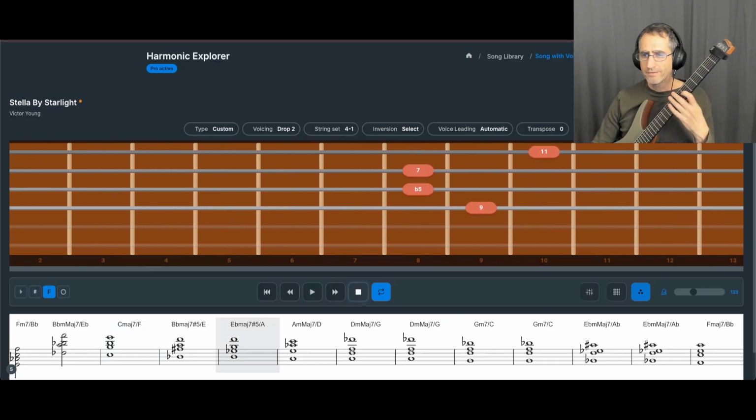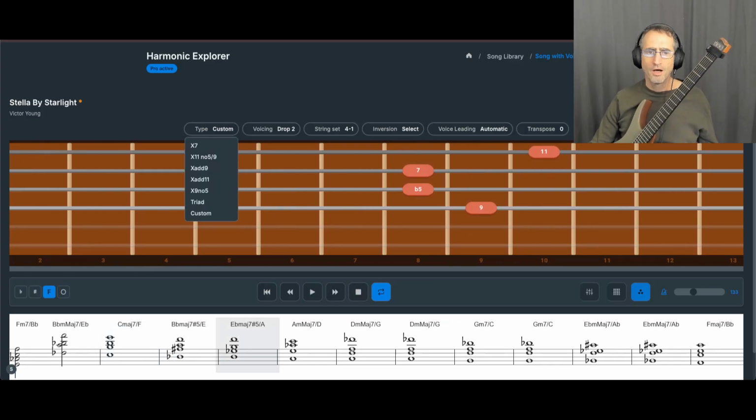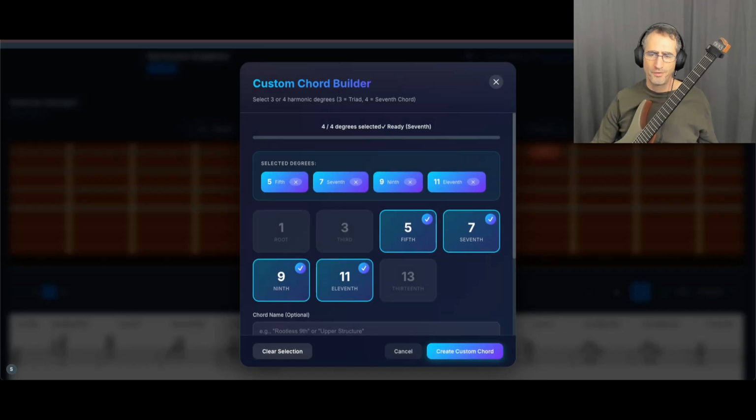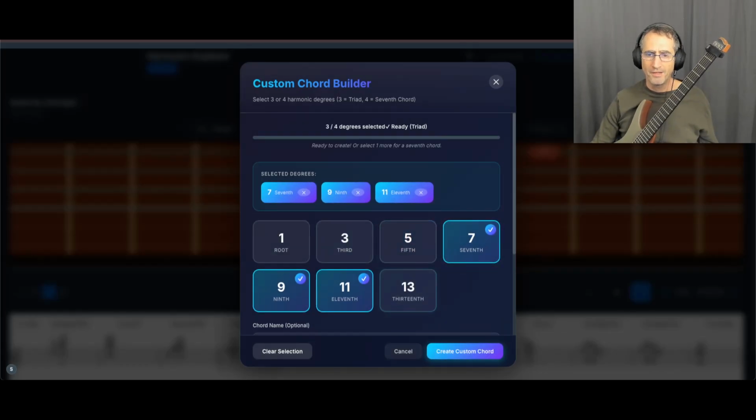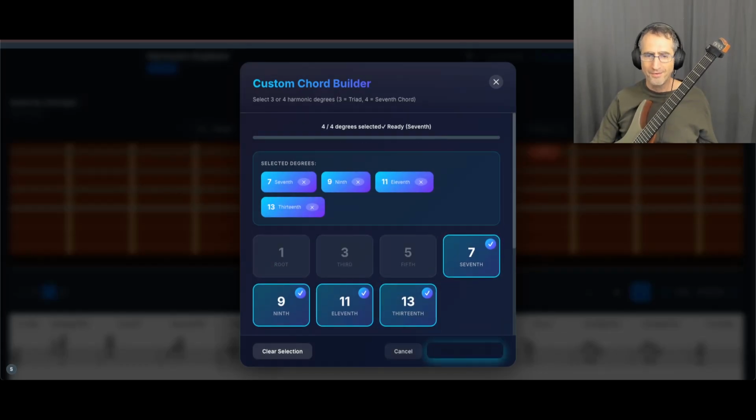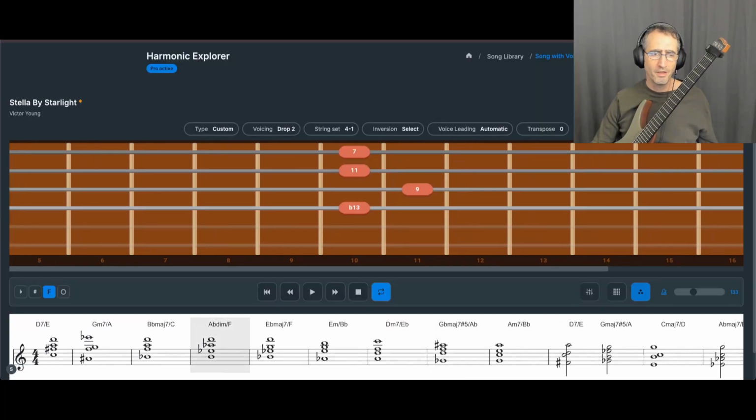Okay, and now I'll take it as high as I can go. I'll make a custom chord with 7, 9, 11, and 13, the highest colors. I'm getting these weird, interesting things like D7 over E, but don't get confused. That just means that I'm really playing a chord that has the root and the 7, 9, 11, and 13